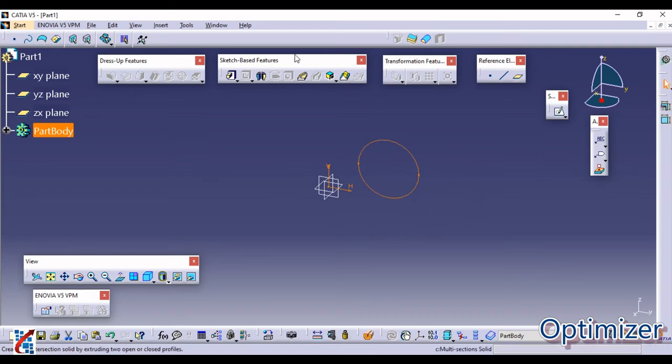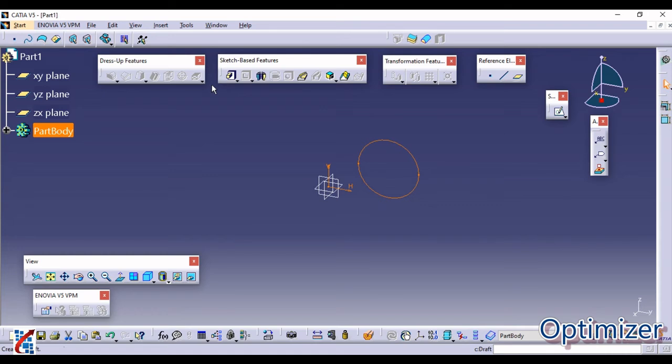Let us brief about each toolbar first. Sketch based feature: whatever sketches you have already drawn, some commands are based upon them, and those commands are listed under sketch based feature. Only the third dimension is added through these. Next is dress up feature.